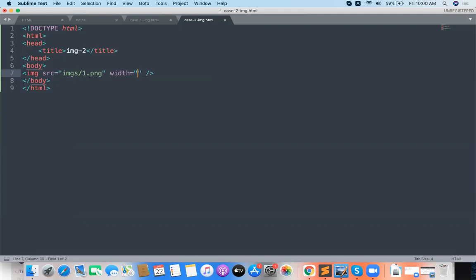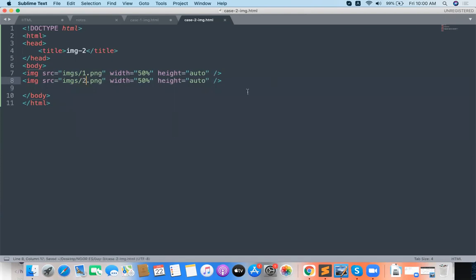And width is 25%, whatever, 50% I'm taking, and height is auto. The complete img src, I want to copy and paste. Now the second image also I'm taking.